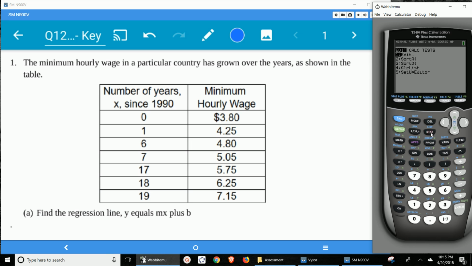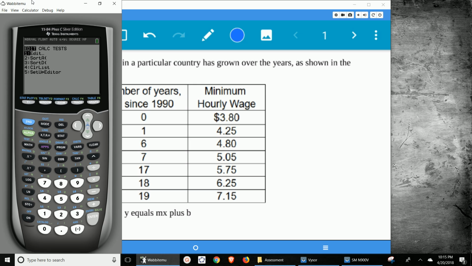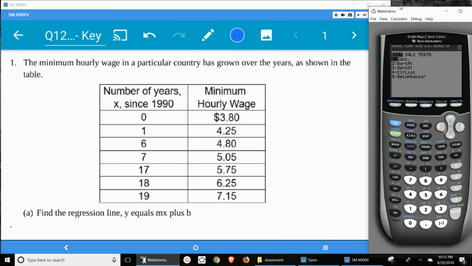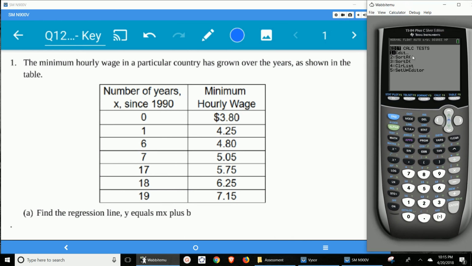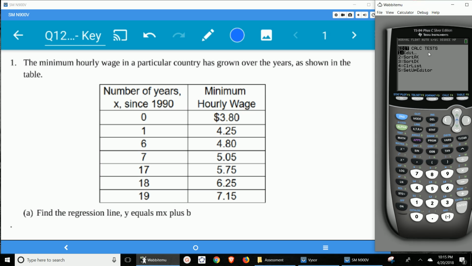Okay, so then you go Stat, Calc, then your regression. Probably going to use this, so I'm going to store it in Y1. Okay, so that's the line. You can see that it's in here. Okay, and if you want, you can just